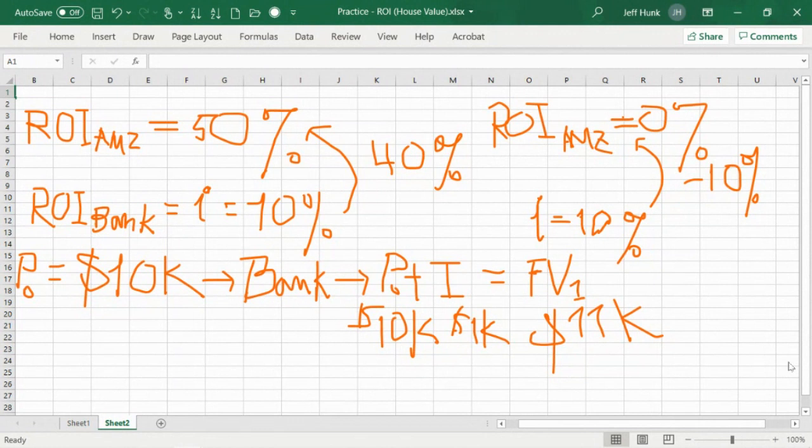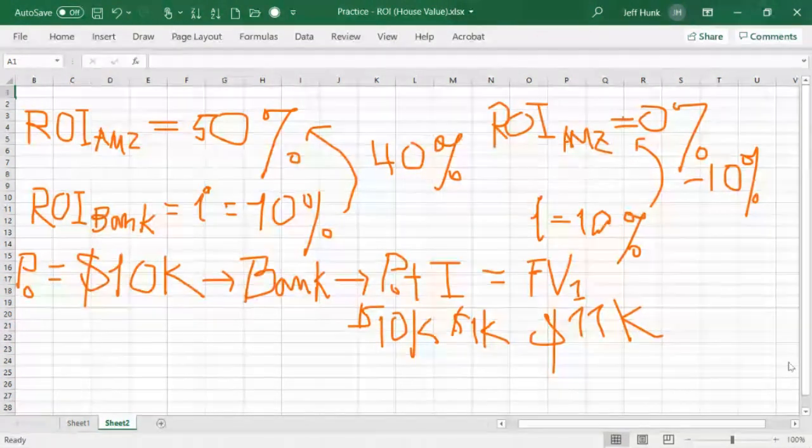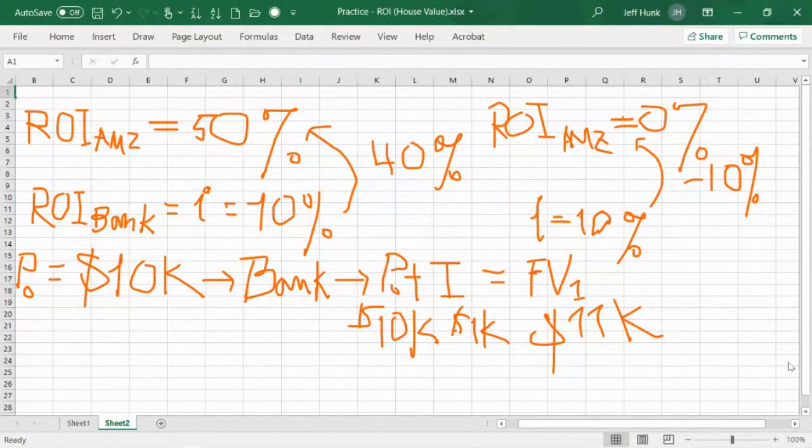Anybody ever borrowed money from the bank? Is there anyone who has ever borrowed money from the bank? No? Okay. Your average age must be somewhere around 19, 20, right? At best. And at that age, you don't borrow money from the bank. But suppose you borrowed money from the bank,